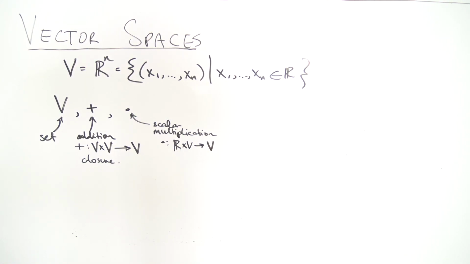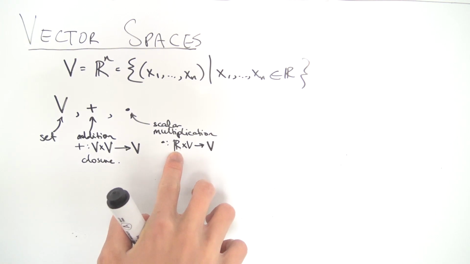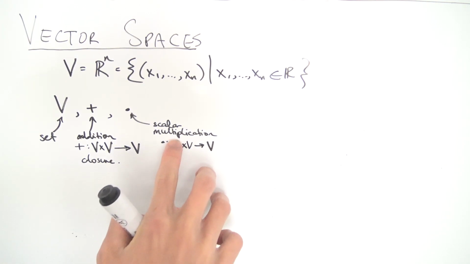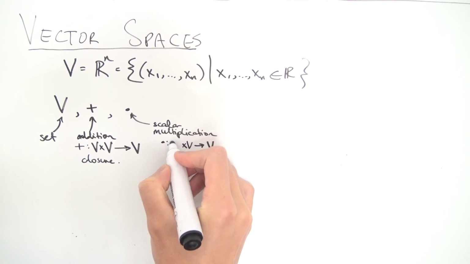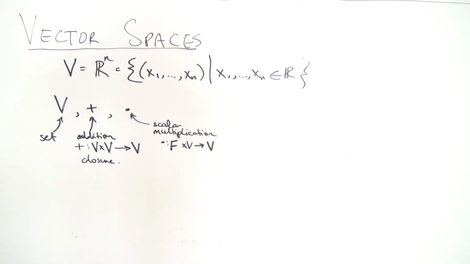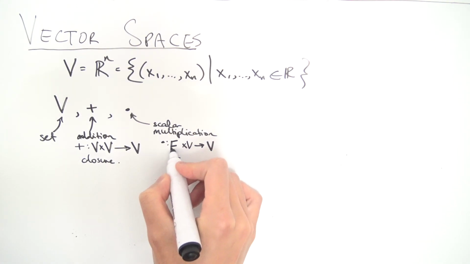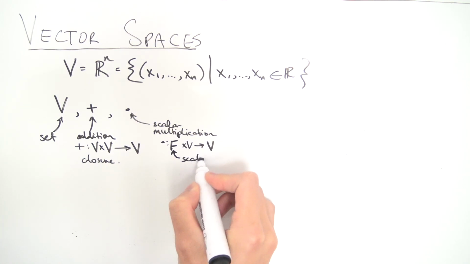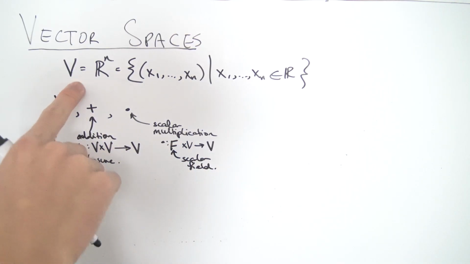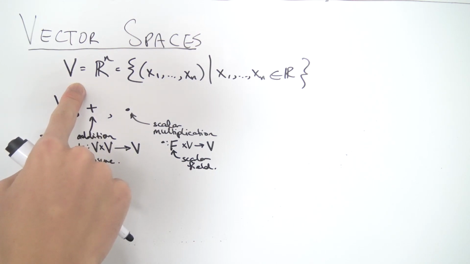And since we want to go abstract with this, we want to generalize this, notice that R is a field. We can replace this R, it doesn't necessarily have to be R, we can replace this with F over here, where F is any field. We often call this the scalar field, and often one says that some set V is a vector space